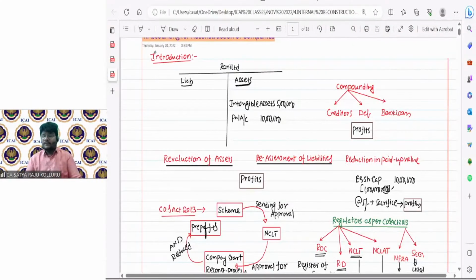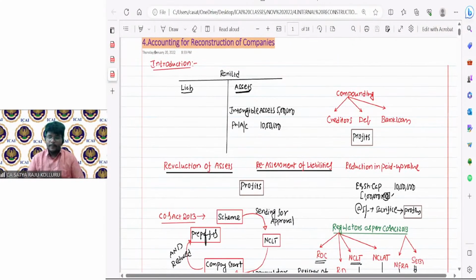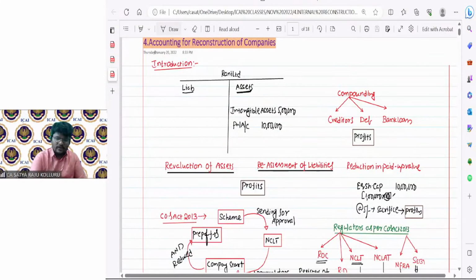Let me start discussing with this PDF. Sir, here there is a company called Rani Limited. I am continuing the same example, if you have been observing since my inception. It has intangible assets and a P&L account debit balance. Now during the process of internal reconstruction, I may go with revaluation of assets, I may go with reassessment of liabilities, and as I told you, sacrifice made by the shareholders due to which there may be a reduction in paid